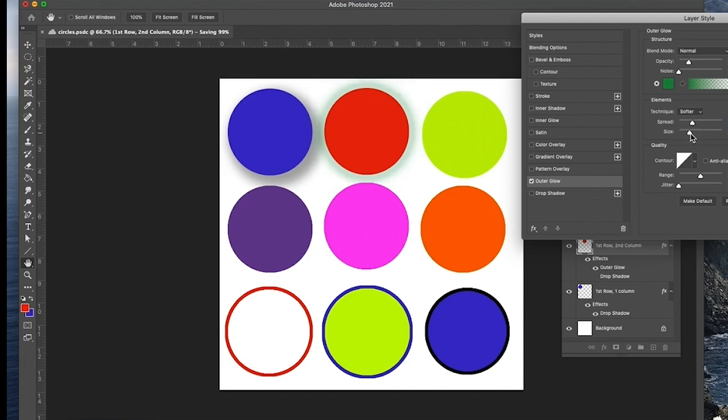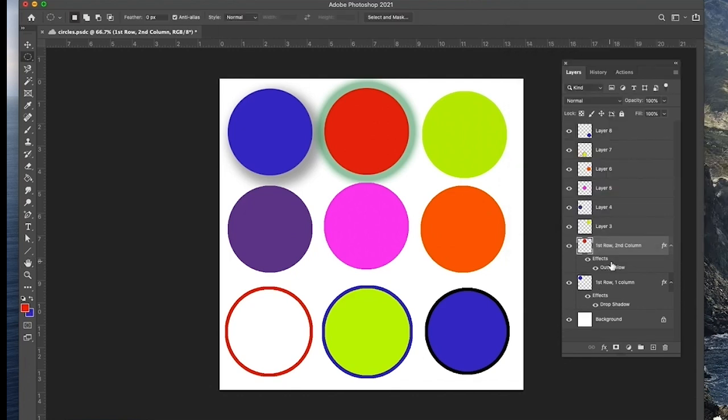Alright, and there you have it. At any rate, that's how you do it. You can also control the color if you like. You can control the opacity, maybe make it a little bit darker. Okay, alright, so let's do a third one, and notice that the effect